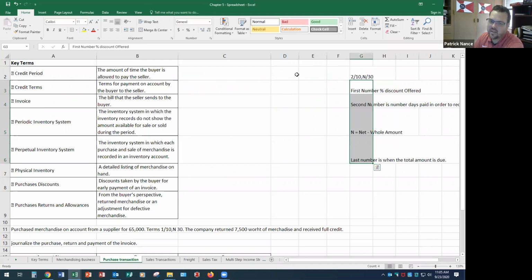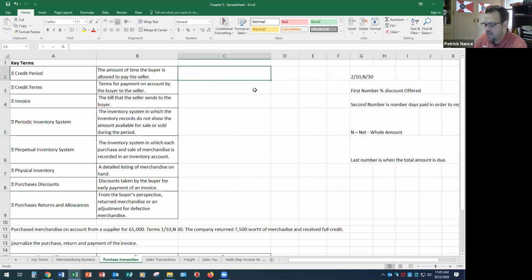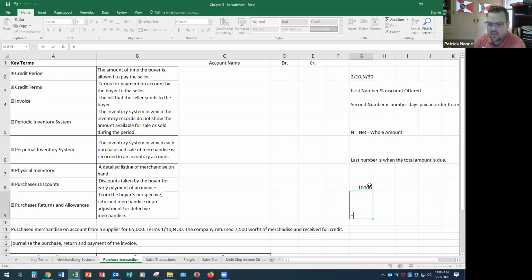Can't offer, well, there can be cash discounts, but those are recorded differently. So if I am doing this for the entry I just had a second ago for $10,000, if they offered this 2% discount, I would take that out up front, assuming that I'm actually going to take that discount. So I would have the value of 10,000, and if I take that number times 2%, 0.02, I get 200. So in that case, I'm only going to pay $9,800 for this inventory,